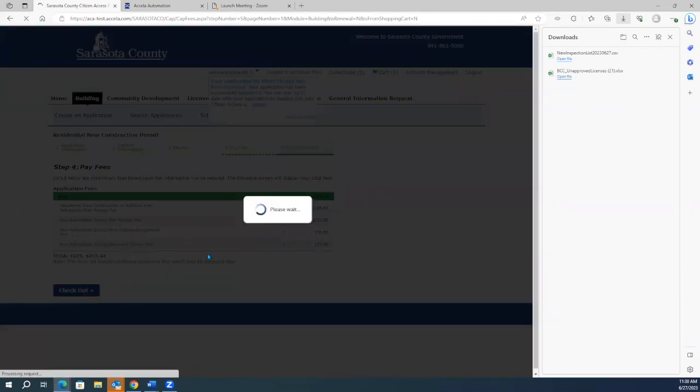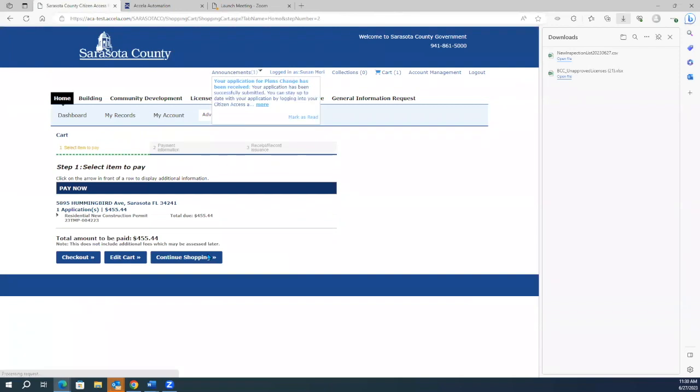And you could, of course, remember, a temporary number is given. What I just did is I checked out, I added it to my cart, just like Amazon. But if I wanted to wait to pay, because I was going to apply for 5 permits today, I could go ahead and go back to the beginning, start a new permit, and then allow them to add to the cart and pay for them all at the same time. Once you pay, that's when the actual permit number gets created.